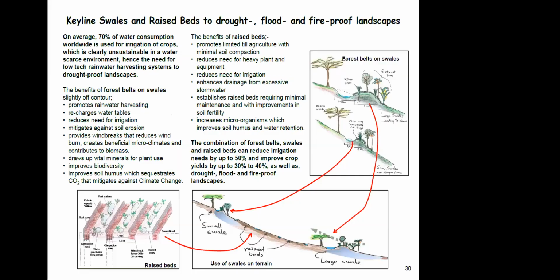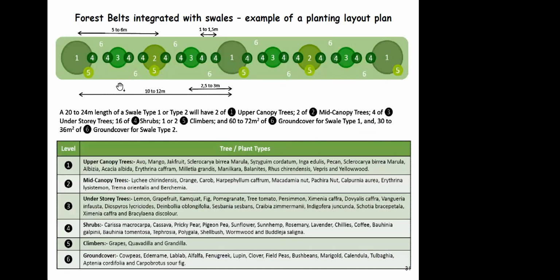So imagine these forest belts now. What do you plant here? Well, you effectively need to go and study your local makeup of trees in your area. So you've got upper canopy trees. These are the number ones here that are spaced 10 to 12 meters apart. You've got mid canopy trees, you've got understory trees, you've got shrubs, climbers, and ground covers. You assemble these in a pattern like this, but you would need to do your own research to see what